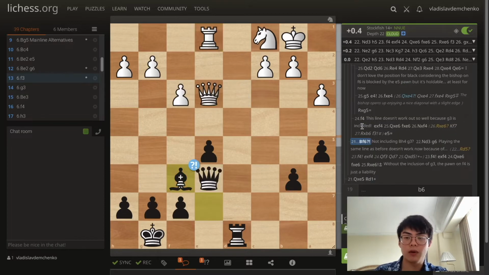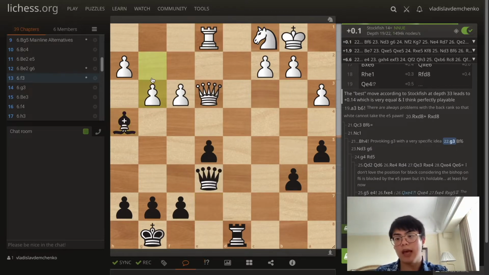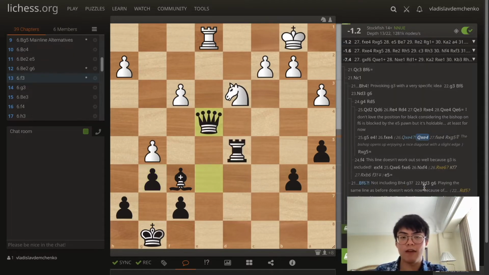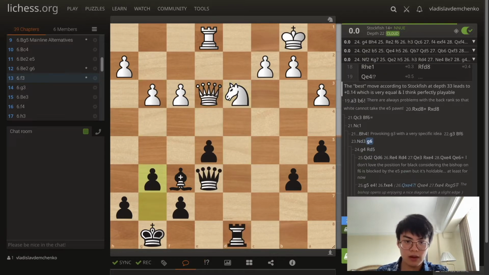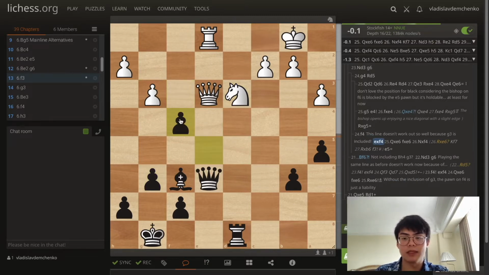But if we provoke the move g3 here after playing bishop h4 and g3, bishop f6, knight d3, and g6, so the only difference between this position and the one that we saw earlier is that the g3 move is included. And the problem for white is that f4 here does not work because e takes f4 comes, and after queen takes